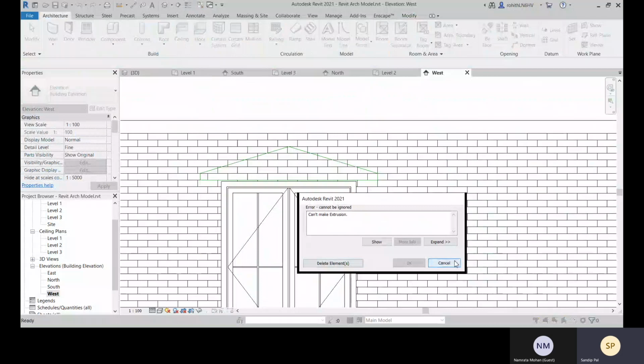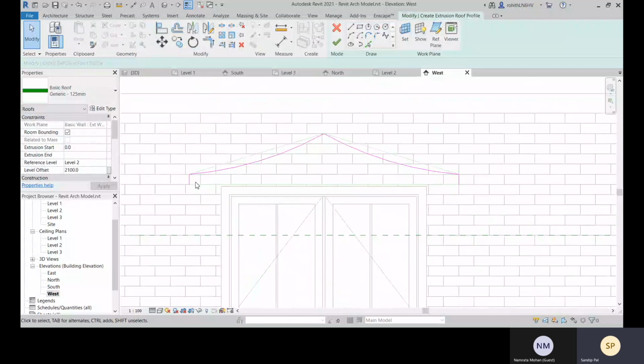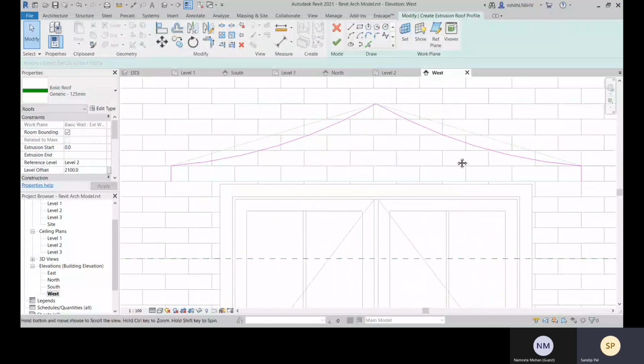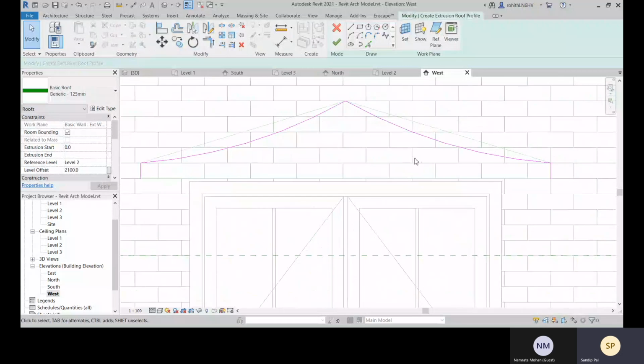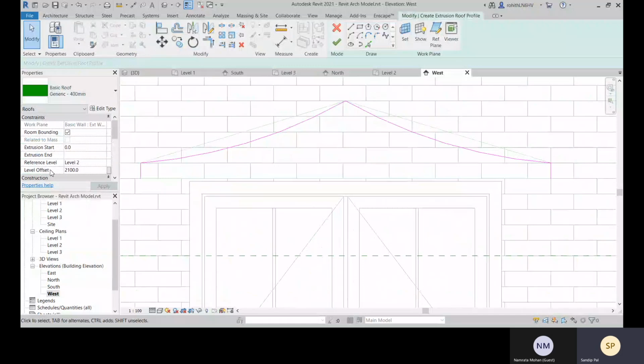Okay, sorry. So you should make it one closed profile. Okay, so what you can do is, no, not closed profile. This generally can extrude. Okay, so let's go with this one. And you give the extrusion end like 450. Okay, and then